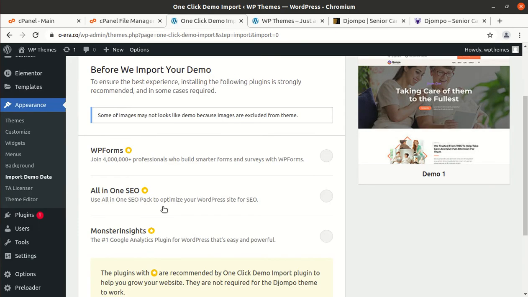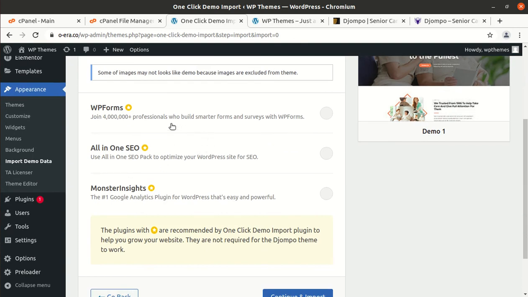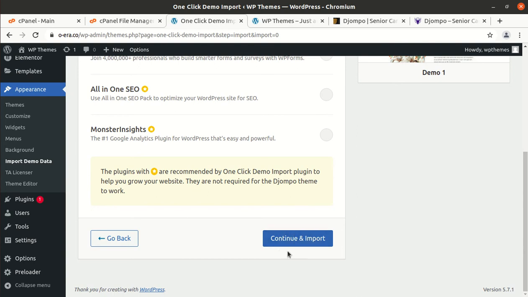And now it is recommending to install certain plugins. If we need to install plugins, we can definitely go for WP Forms, All-in-One SEO and Monster Insights. However, I am skipping this. It can be installed at a later stage if it is required actually.